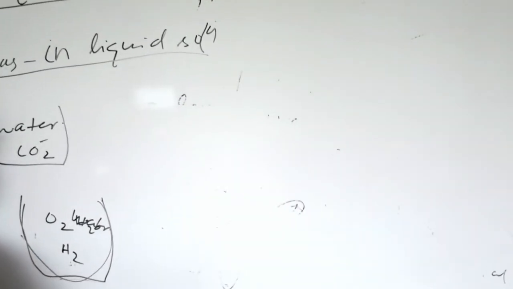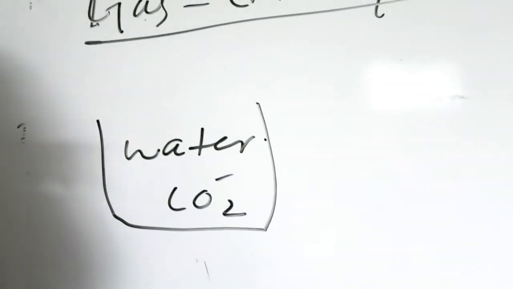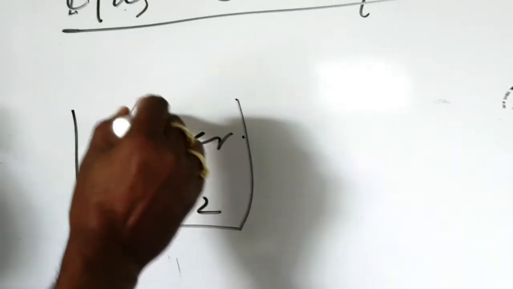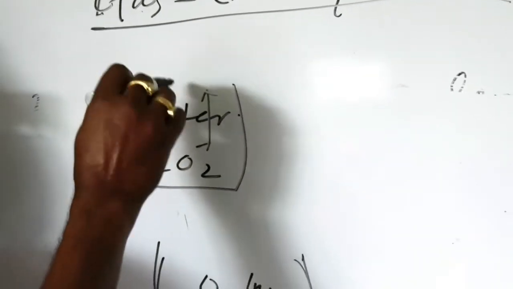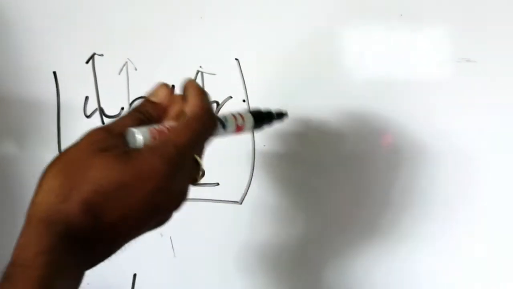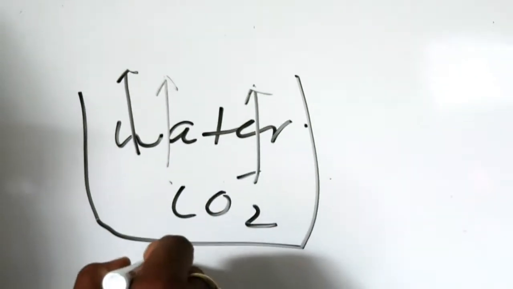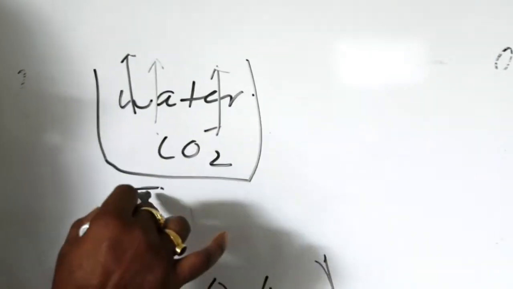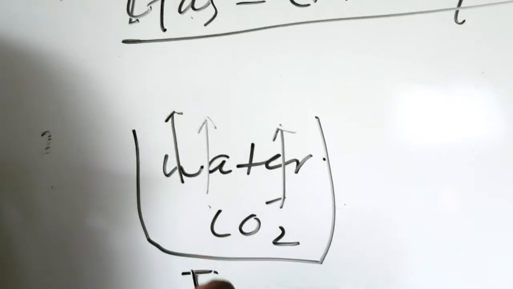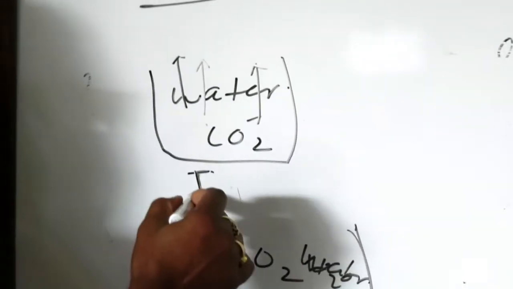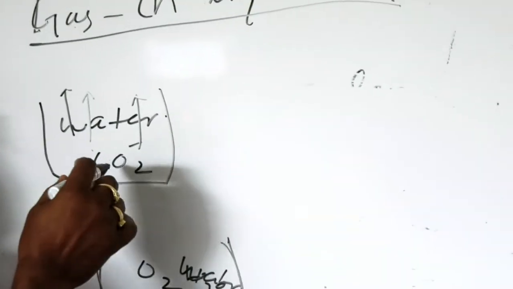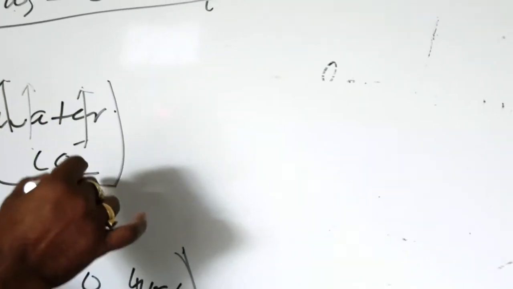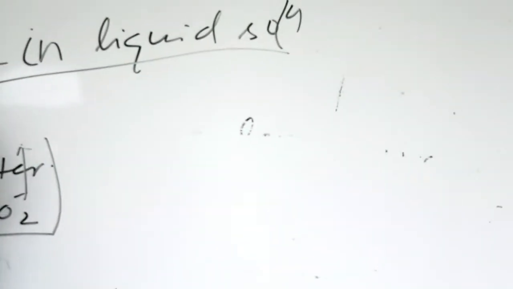Now, this dissolution process again depends on the temperature. If temperature increases in this process, then the dissolved gas can escape, bubbling out from the solution, and the solubility decreases. So the temperature has an effect on the solubility of a gas in water. If the temperature becomes low, then solubility may be high. If temperature increases, then the dissolved gas will be poured out from the solution and the solubility decreases.